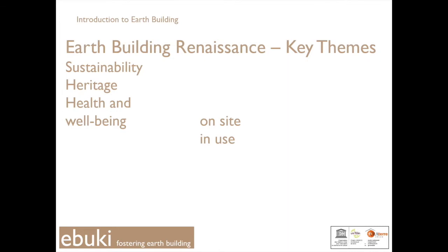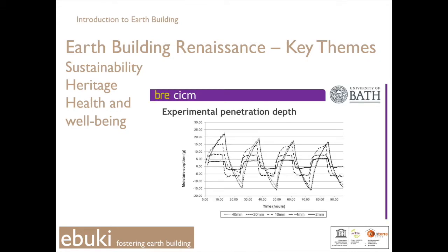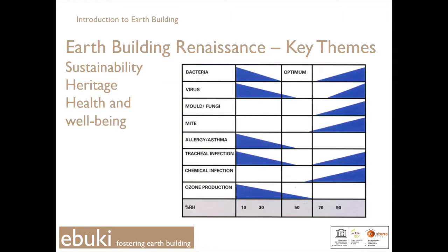And then there's, of course, the buildings in use, and we've heard a little bit about humidity buffering and all of these kinds of things. Clay is the humidity buffer of all humidity buffers, and the thicker you make it, the better. And there's a bit of science about it, and they've measured how much buffering you get depending on the thickness, as I was mentioning before. And it's important because, again, as has been mentioned before, you've got this area here